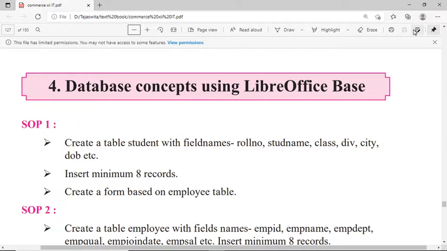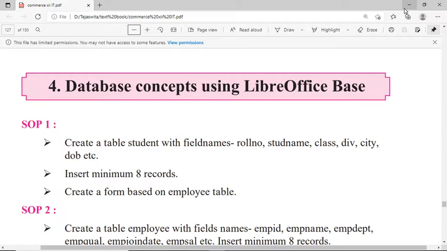So we are going to start with the SOP1. First, we will read the question. Here, create a table student with the fields roll number, student name, class, division, city, date of birth, etc. Then insert minimum 8 records.